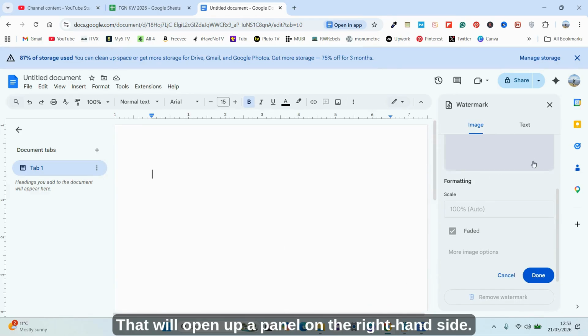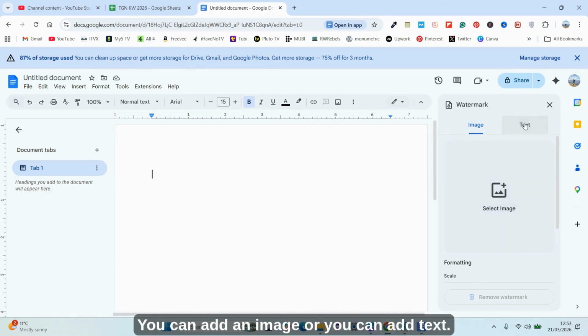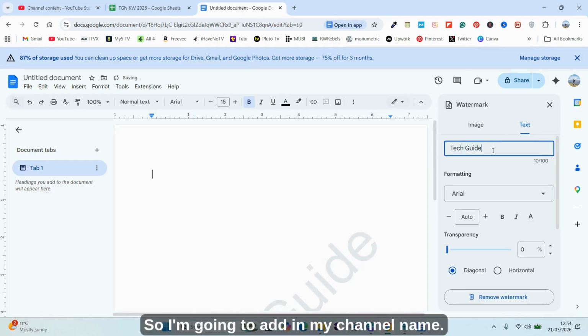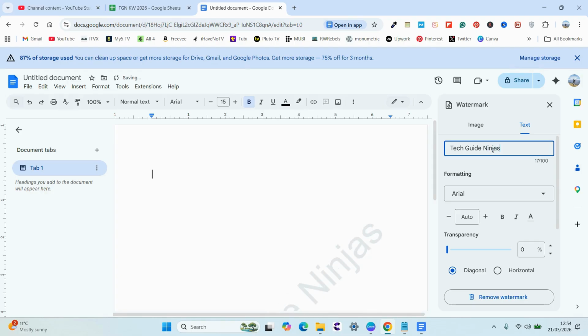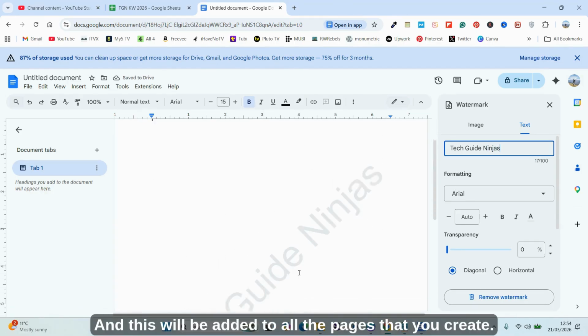That will open up a panel on the right hand side. So you've got a couple of different options for your watermark here. You can add an image or you can add text. So I'll show you what the text would look like. So it asks you to add your text. So I'm going to add in my channel name. And as you can see, it's given me the watermark, and this will be added to all the pages that